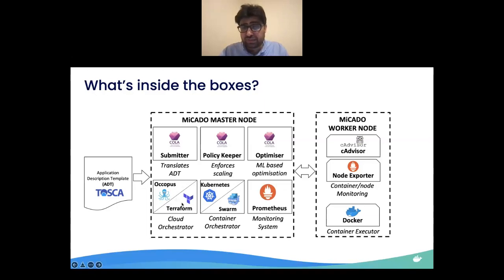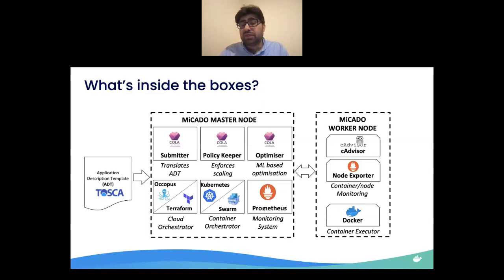These are two different cloud orchestrator tools which we integrated. The job of the cloud orchestrator tool is to dynamically create and delete virtual machines whenever needed. For container orchestration, we integrated Swarm initially, and later we also integrated Kubernetes.